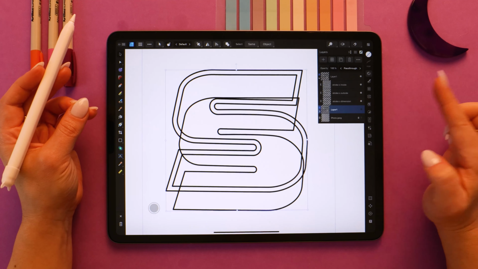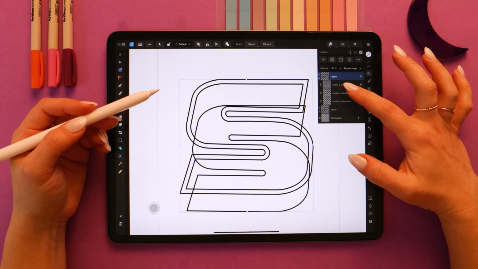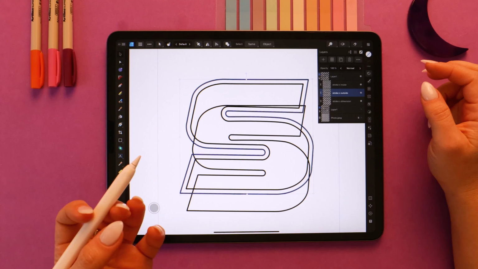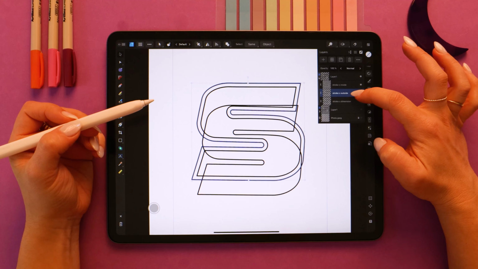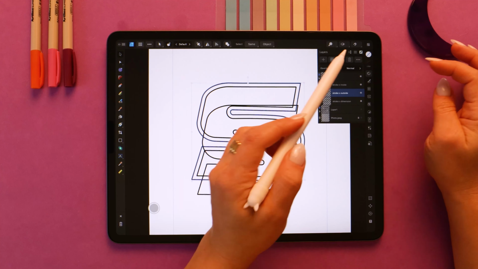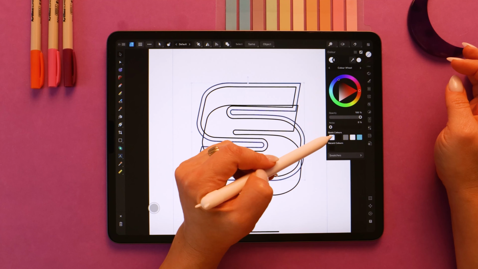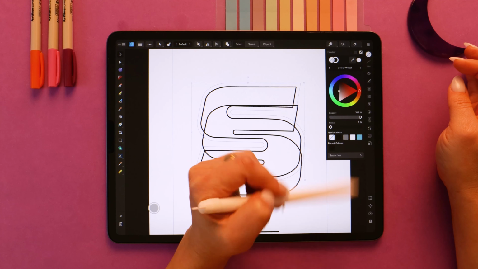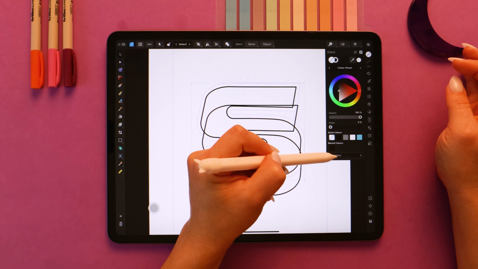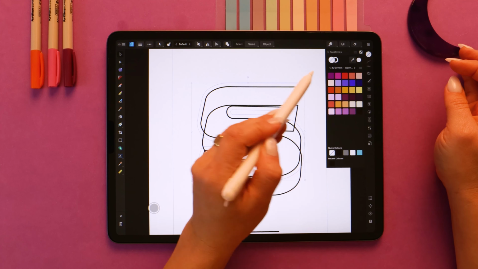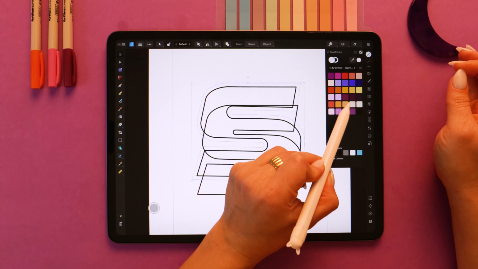I can also hide my reference sketch in the background, and now I'm going to just recolor each stroke. So at the moment it's just a black outline, but I'm going to change the color of each shape. So let's start with the outside stroke. If you tap on the color, instead of a black contour, I'm just going to select no color. And then within the color, I'm going to go into my swatches. I'm using the 3D Letters Toolkit warm color palette. I'm going to just make it